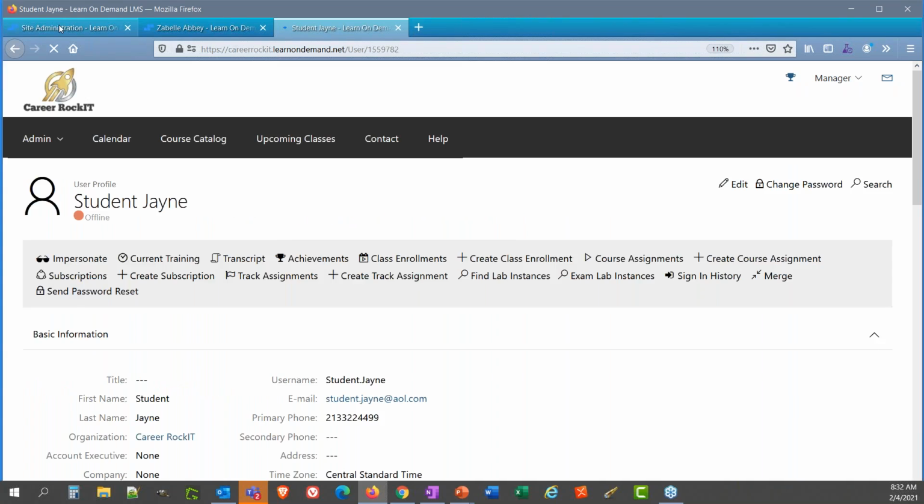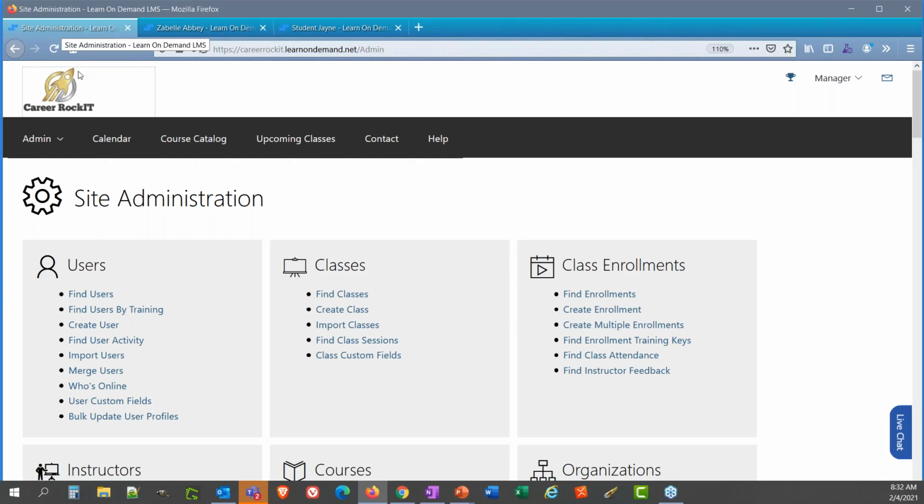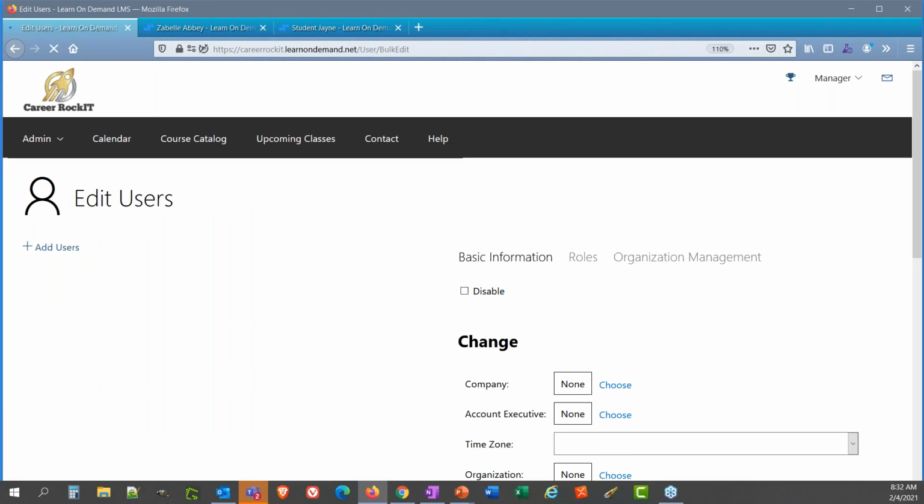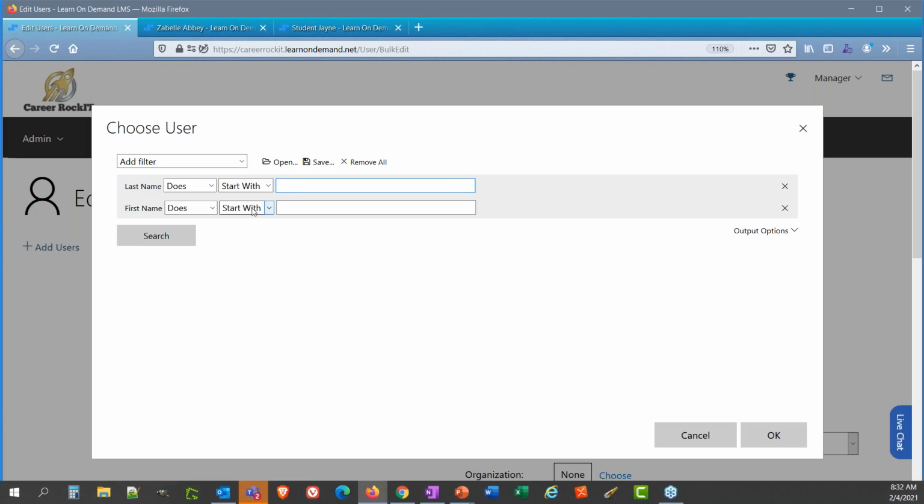So what does our new tool look like? If you're on the users tile, you're going to go down to the very bottom and you'll see bulk update user profiles. That's the tool we're going to be using. And it allows you to add a group of users and then designate what you want to have happen there. So we're going to add some users that I imported